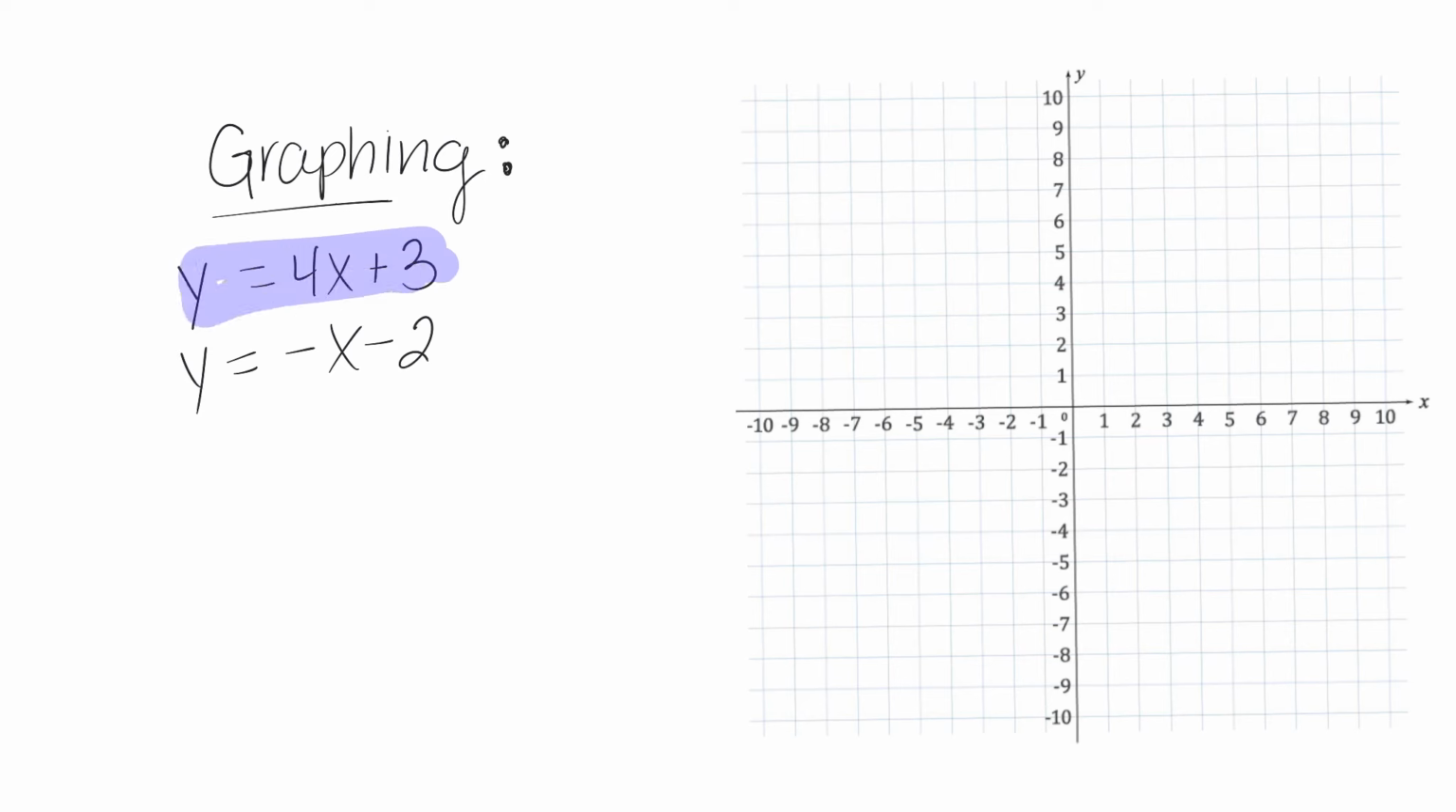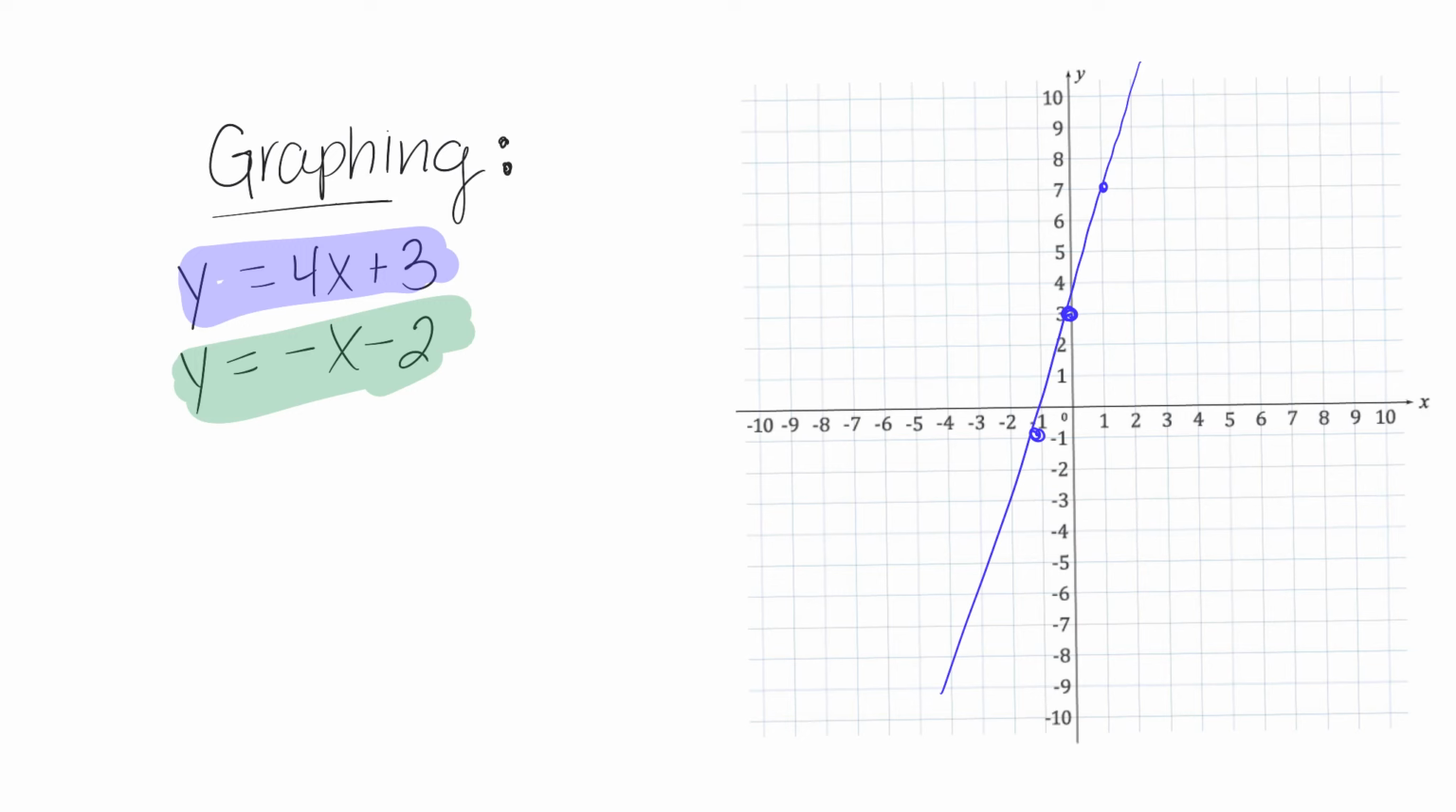So let's have like a purple one and a green one. Okay, let's start with purple. So y equals 4x plus 3. So my y-intercept's at 3. I have a slope of 4 over 1, and it's positive. So 1, 2, 3, 4, 1. 1, 2, 3, 4, 1. All right, so